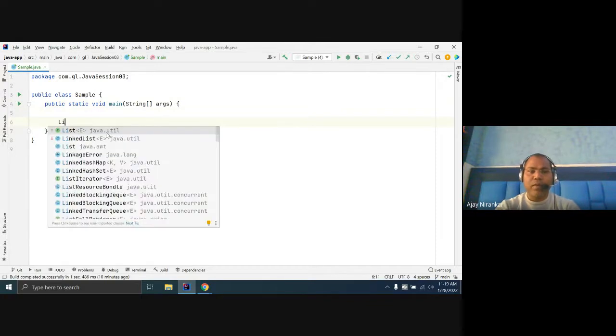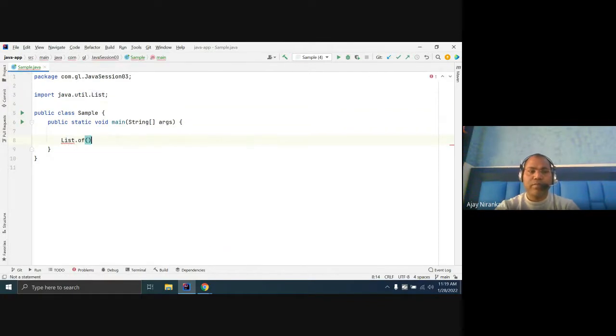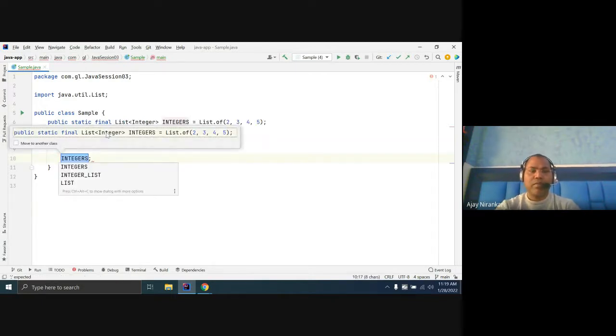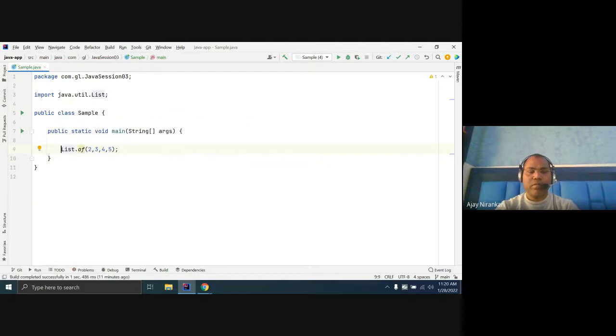We have a list of numbers. If you say I want the sum of all the numbers, this means reducing.